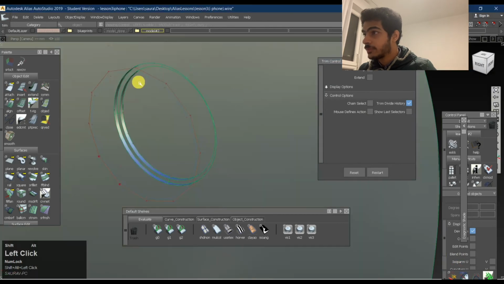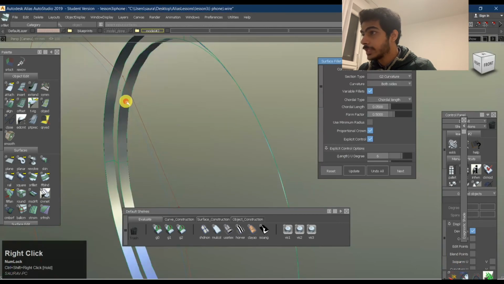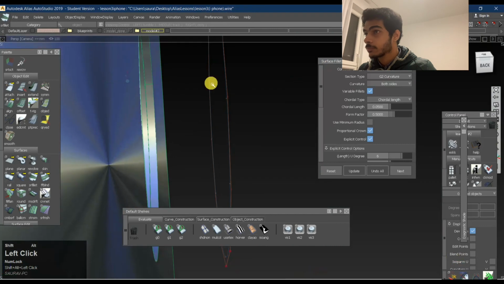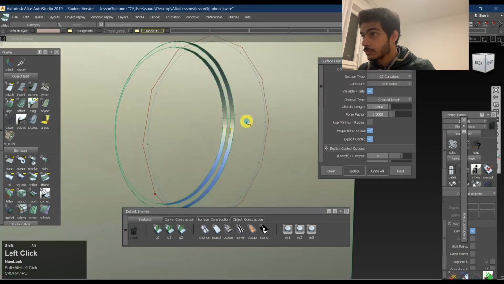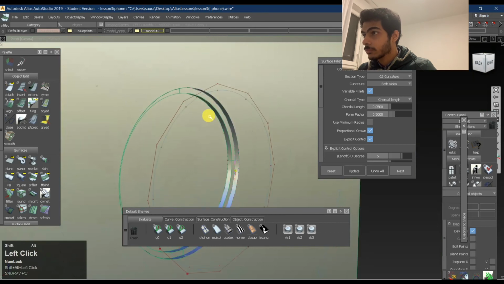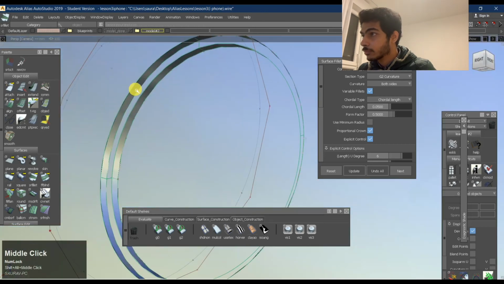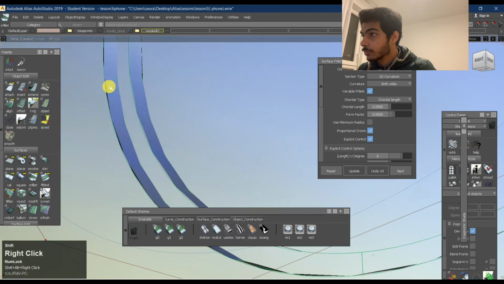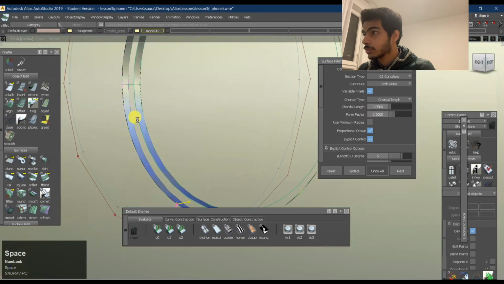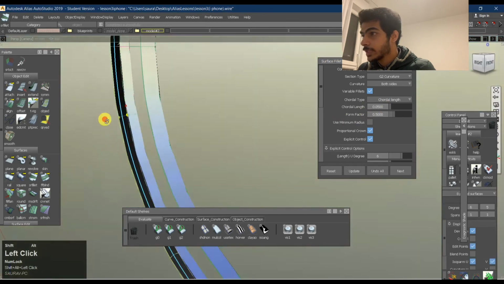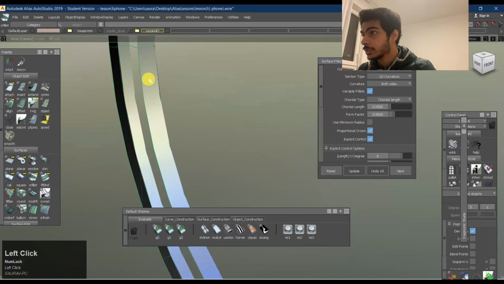Now you'll just fillet these edges as well. You'll just fillet these edges as well. Yeah, 0.05, which is pretty big, but it works.